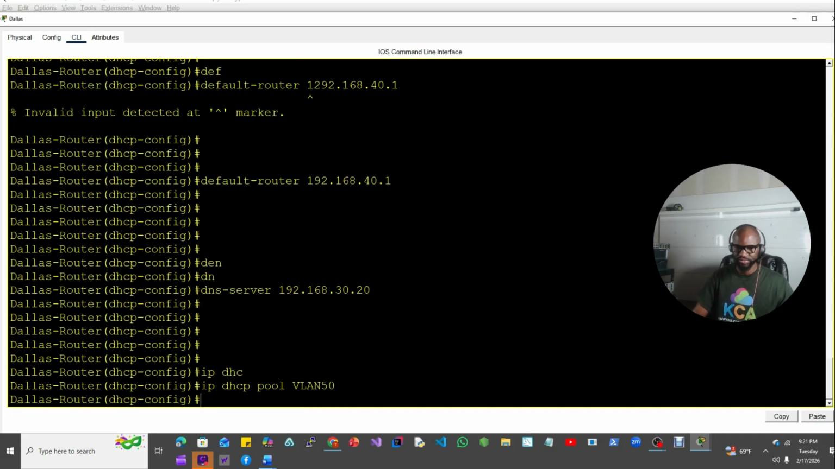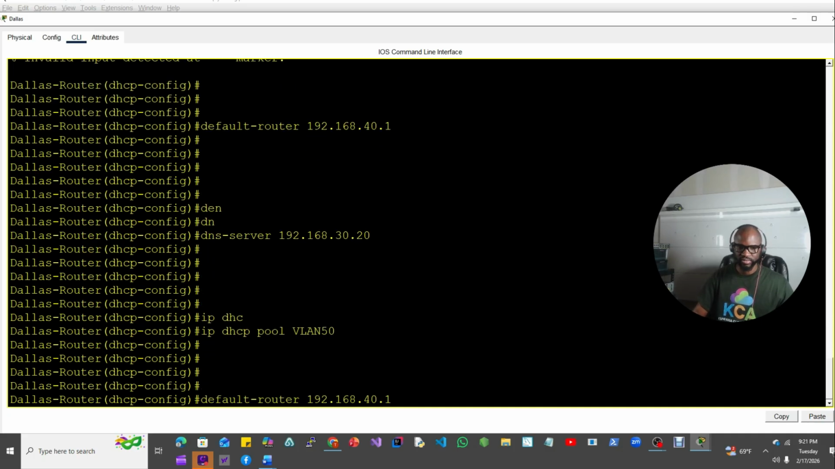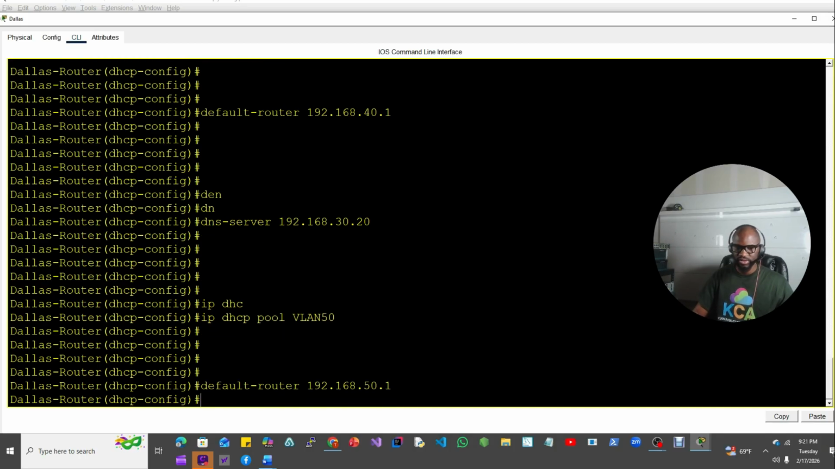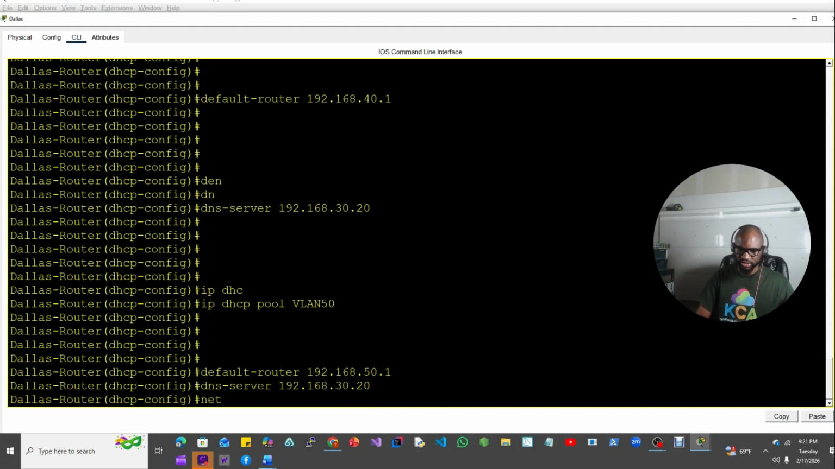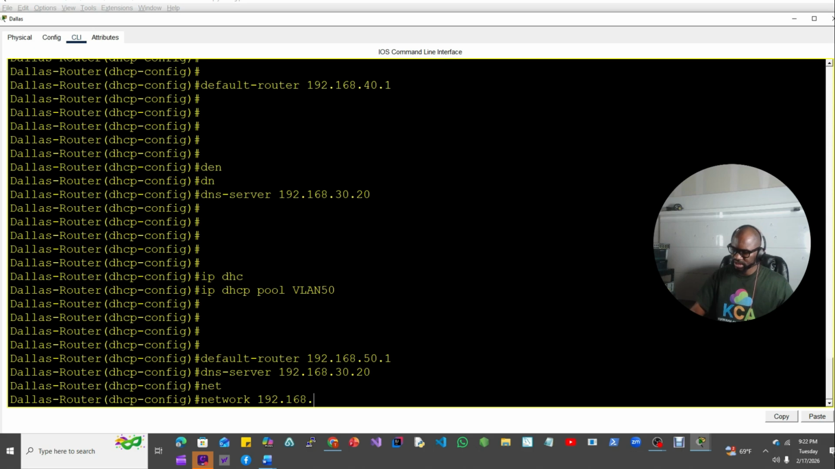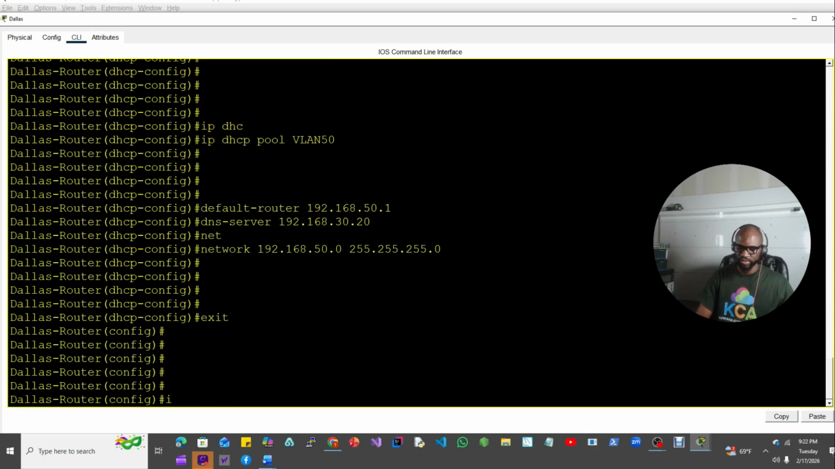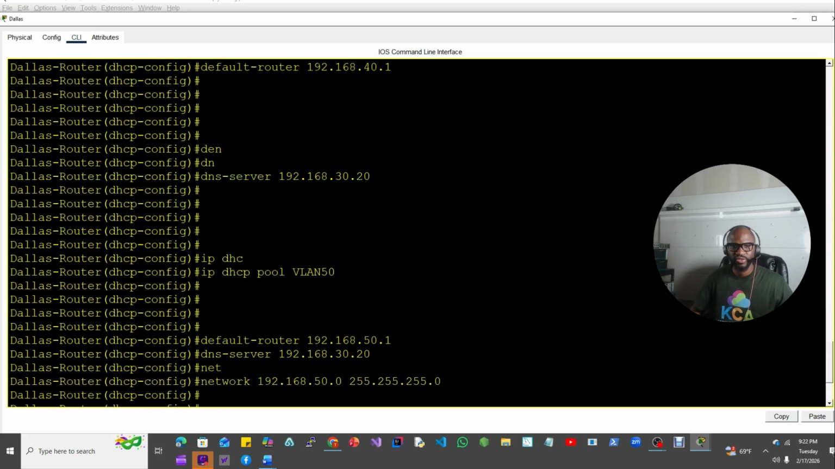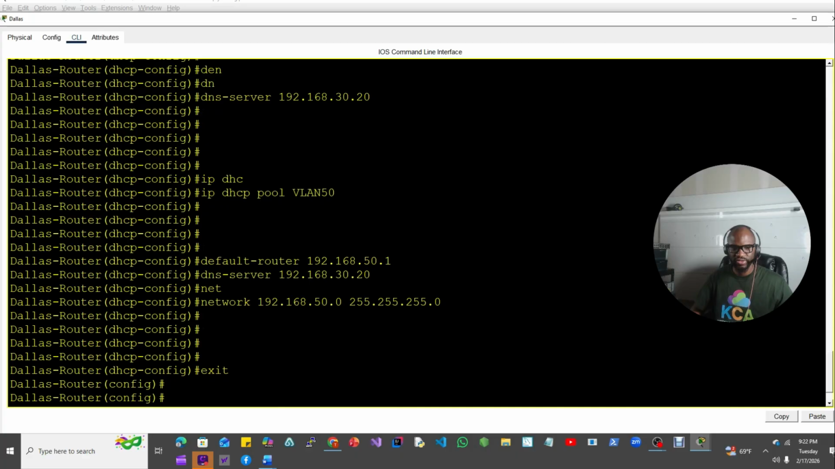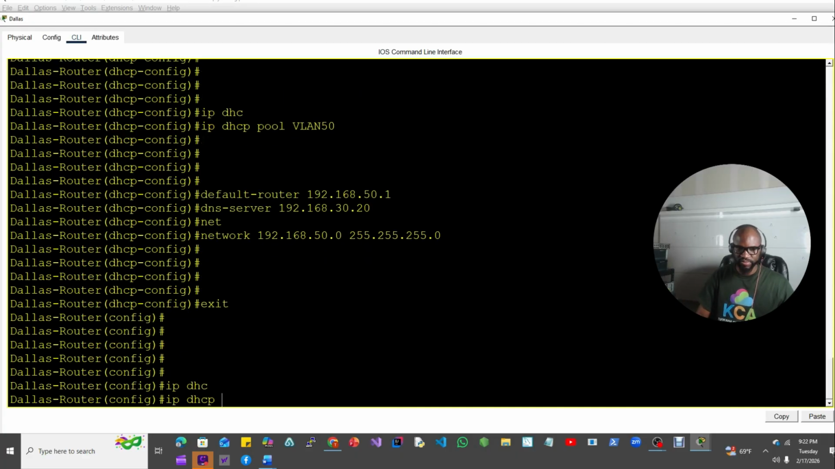VLAN 50, default router 50.1, and the network. So the DNS server and network we'll say 192.168.50.0, 255.255.255.0. Now, did we do the 40? Yes. Okay, good. And then ip dhcp pool VLAN 70,